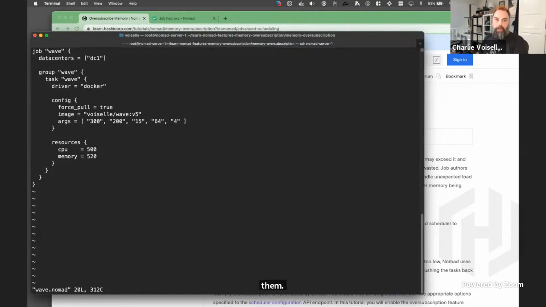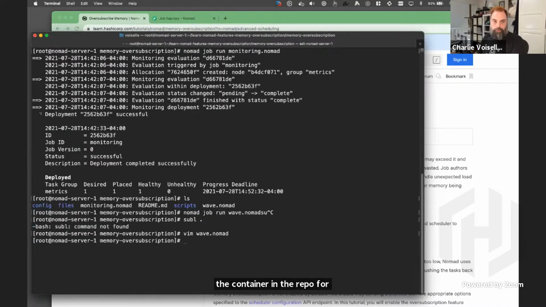Wave.nomad is a little Docker job that is designed to use memory in a fun, predictable way. It's a little container, and I also have the code for the container in the repo for the guide. So if you want to build the container yourself because you don't trust me, which is wise, you can certainly do that.